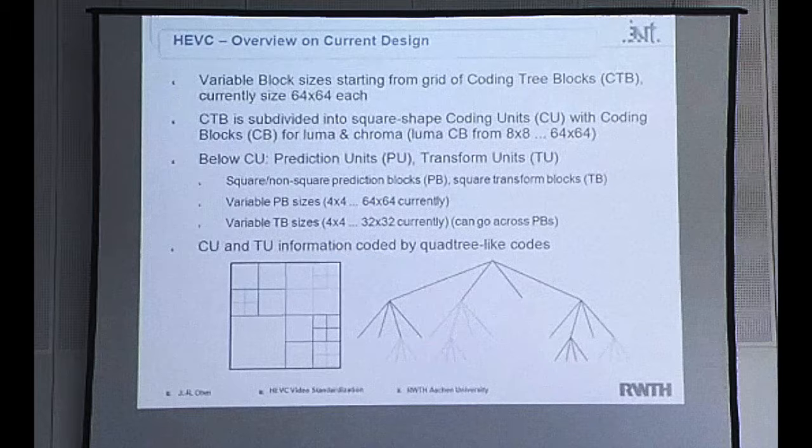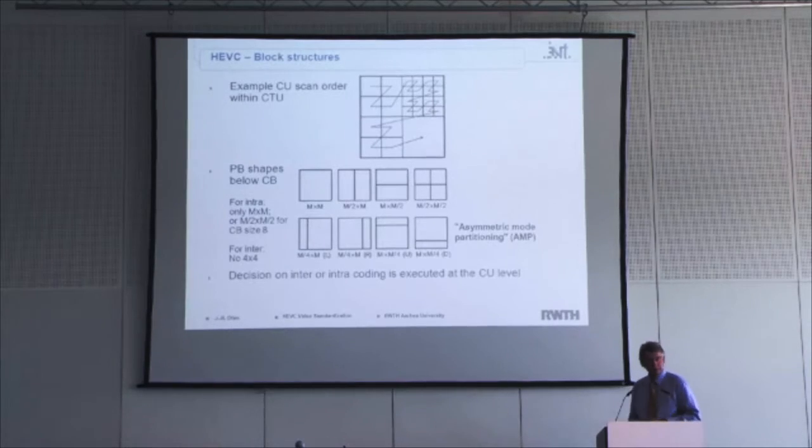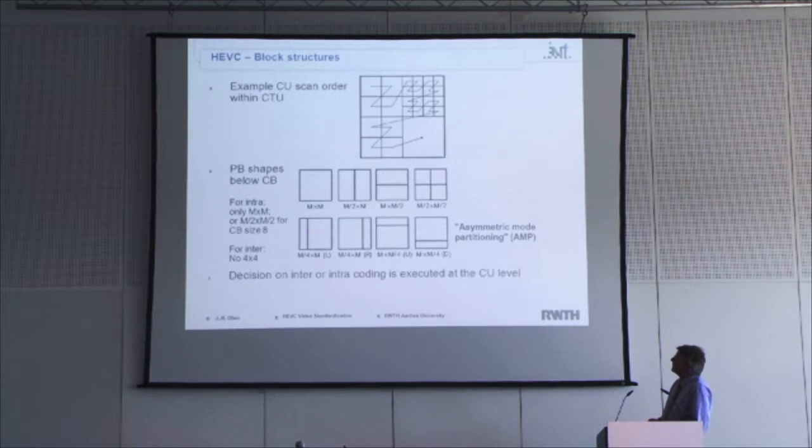And attached to the coding units are two things. Transform units; however, the transform units can split again. There can be a continuation of the tree specifically for the transform. And the other thing that is attached are prediction units and the corresponding prediction blocks. The principle is also very old. Quadtrees are from a publication of 1984, I believe.